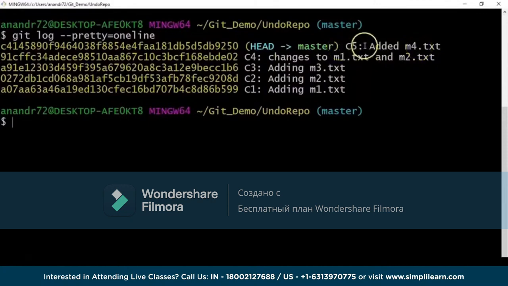Now let's say I made these 2 commits, but possibly I want to club them together along with some other changes, because whatever changes I did did not really fix things the way I expected. So there is a git command called git reset. This would allow me to go back in history, to go back to any of the snapshots, get rid of all this commit history or the commit messages, but retain the changes that were made as a part of these commits. So if I need to go back in history and go back to this particular commit, and I just want to get rid of these commits in terms of the commit messages, but I want the changes